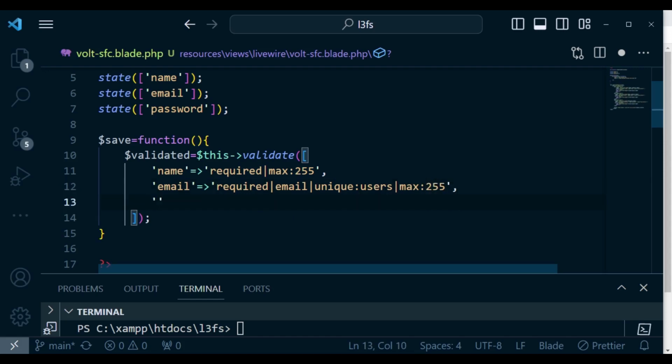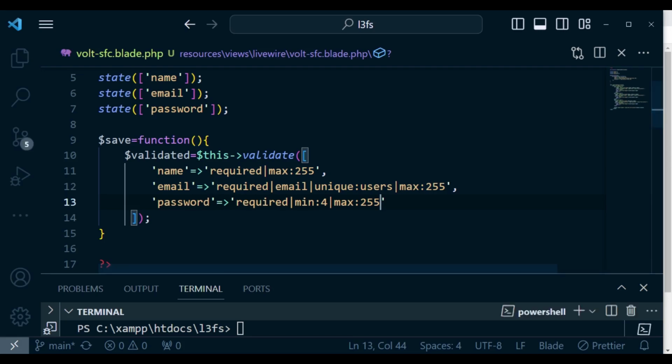Then lastly, we can have password, and also for password we can say it's required, and we can also maybe give it a minimum value, so maybe minimum 4 characters, and then of course we can say maximum 255, just to protect our application. So I have saved, and then the next thing that I'm supposed to do is now go ahead and save